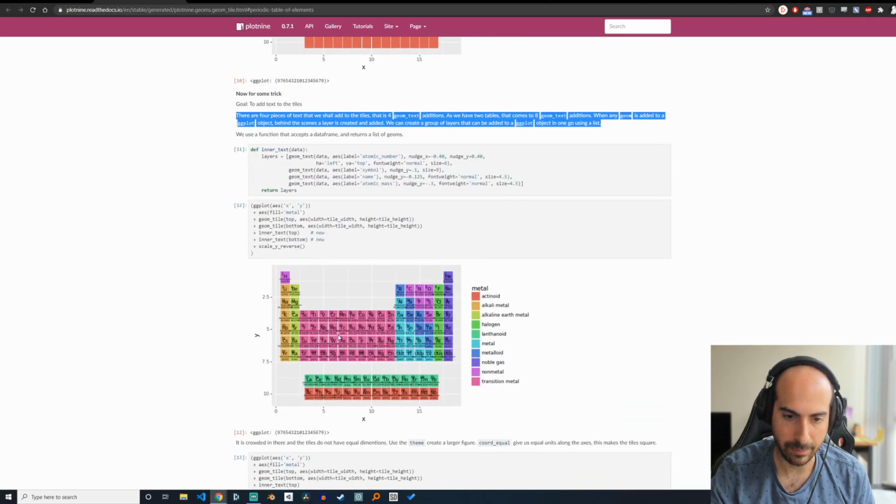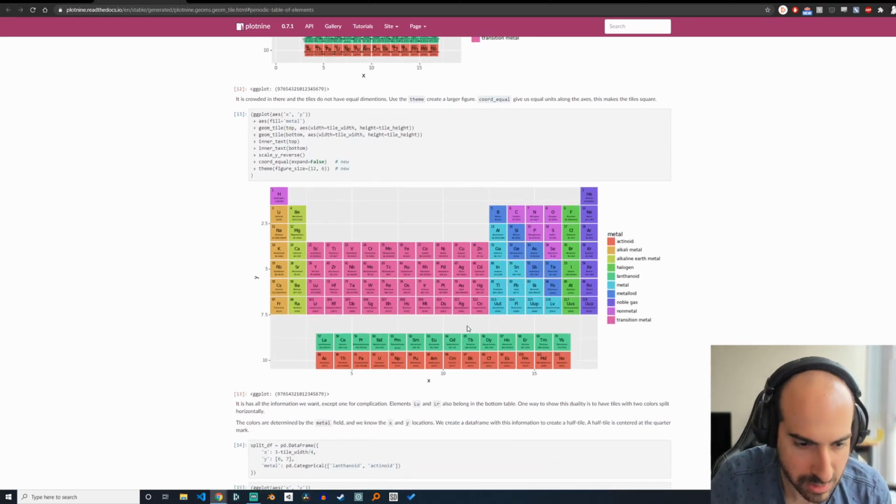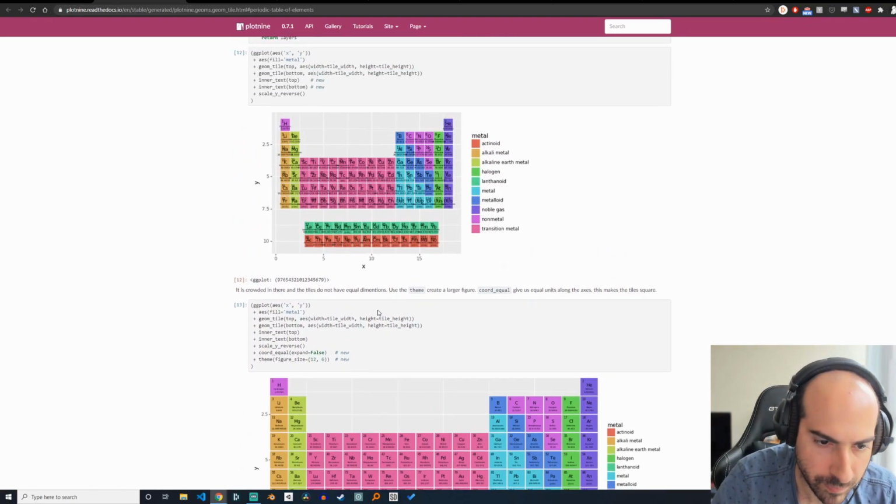So we need to add a bunch of stuff. Like, if you look at this, there's the atomic number, there's the logo for the element, there's the name, and then at the very bottom, I think it's mass or something. I forget what the thing at the bottom is here. And so if you go here,